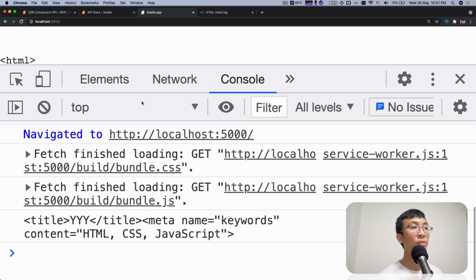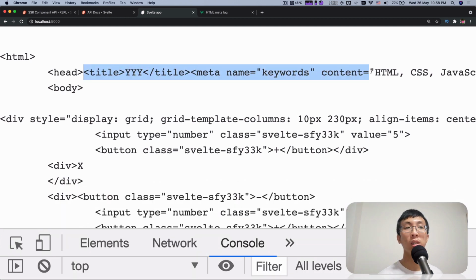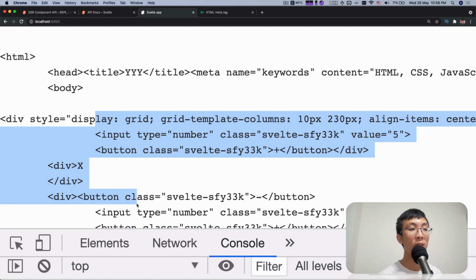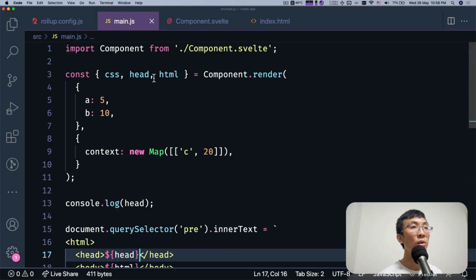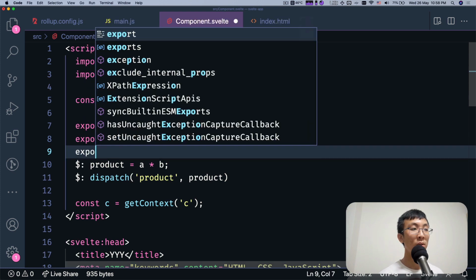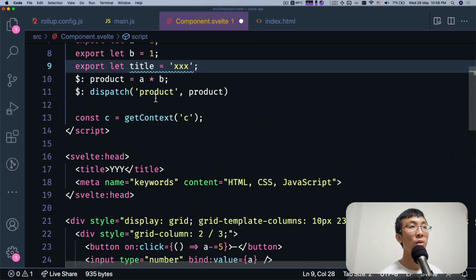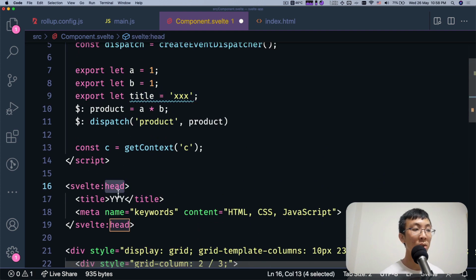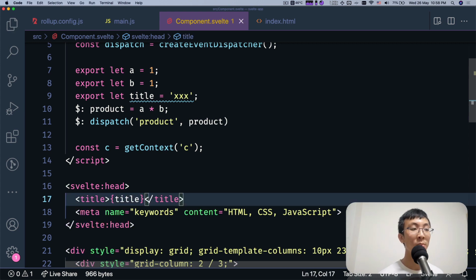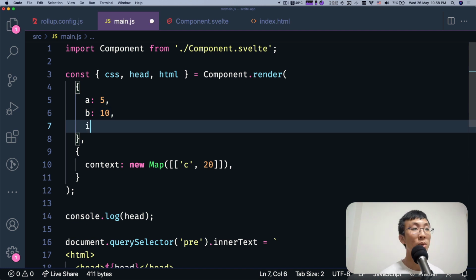I don't think I need to refresh. Let me just collapse this down. Now you see that everything over here is in the head. Everything in the body is nicely your components. So maybe you have a prop like the title, and you use this prop in your title over here, then you could also pass it in as a prop and change it.